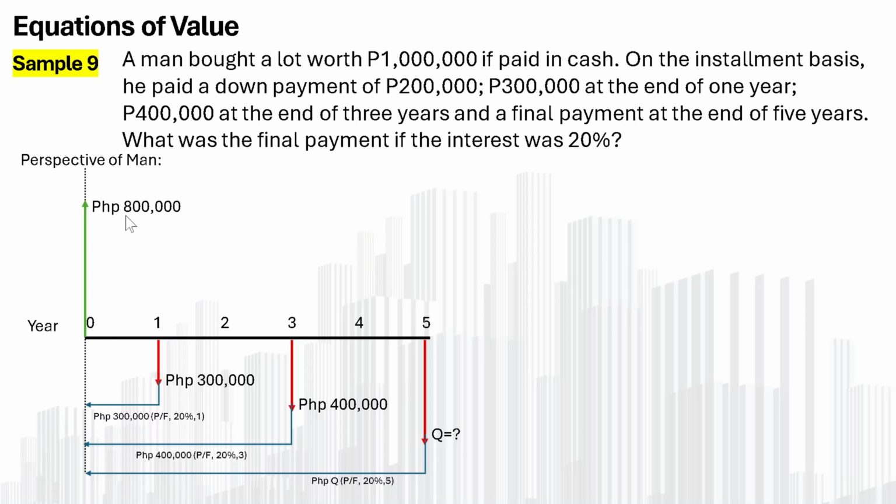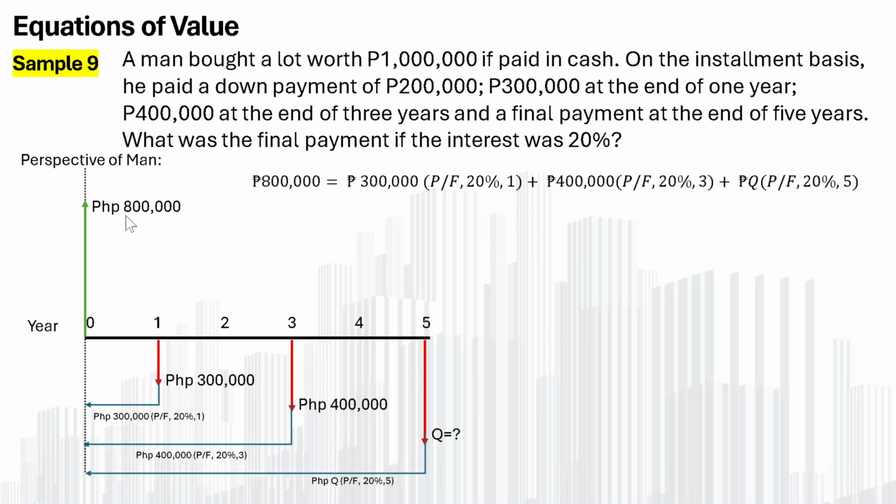Okay, next. So, ang mangyayari na, simple lang naman. It's straight up algebra formula naman dito. All we have to do is just, yung 800,000 should be equal to the present worth formula ng 300, 400K, and whatever yung Q na to. Okay? So, in this case, we can represent the formula just like so. Hindi yan yung pinaka-intuitive, pero we can expand it just like this. So, medyo shinortcut na yan. So, ito yung present worth formula naman.